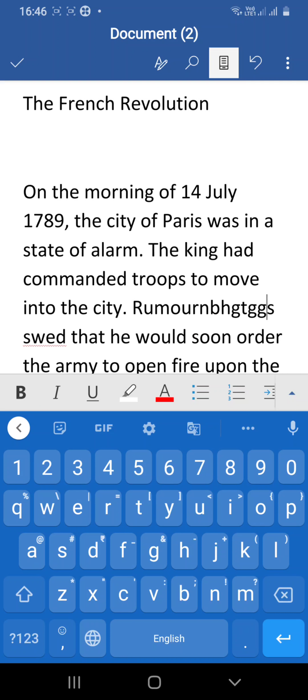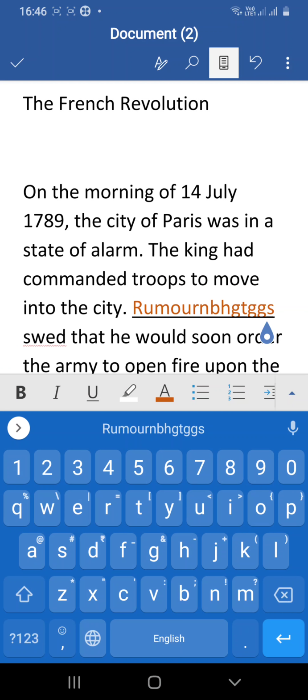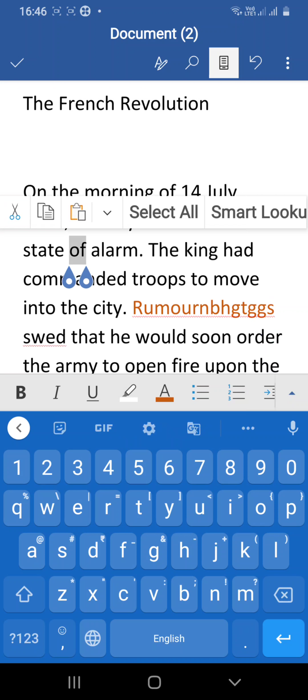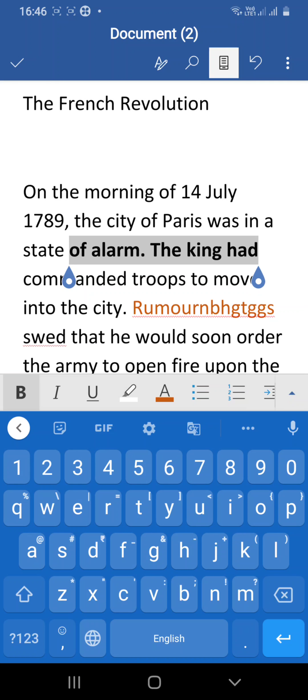This matter you can edit. Look, I am editing it. If you want to change the font color, you can change it. Here font color is there, a red color. I want this. Okay, you select the area, and whatever changes you do on the computer, the same thing, everything is available, and this is bold letters.